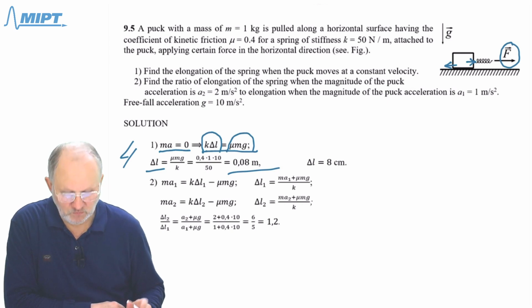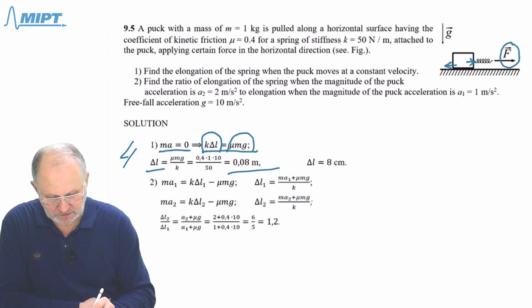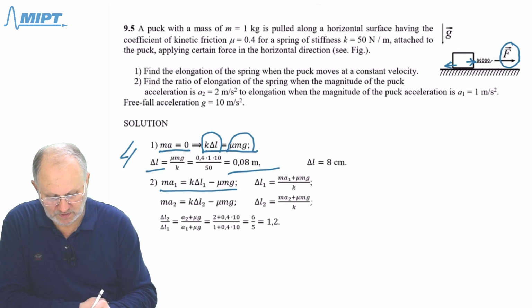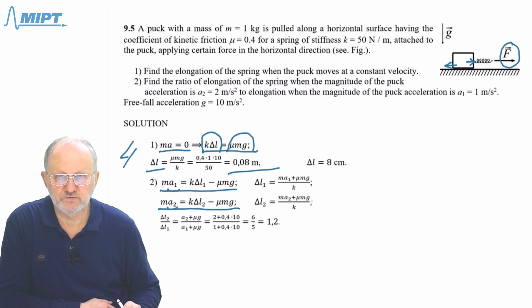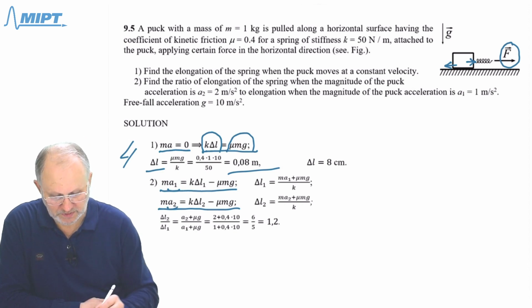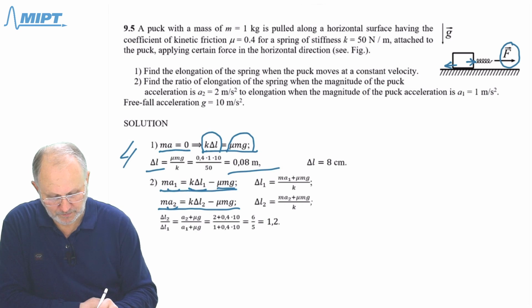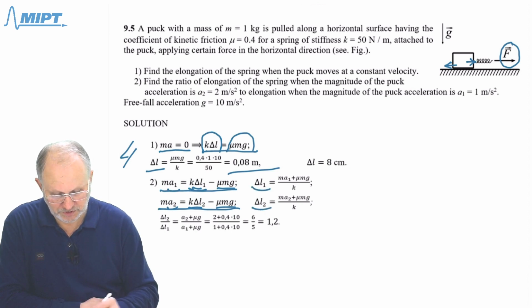In order to solve this problem, we have to use the second law of dynamics, second Newton's law, in case when the acceleration was a1, and also the second Newton's law when the acceleration was a2, in 2 different cases. Different acceleration means different forces acting on the puck. The force of friction is the same, but the force acting from the spring is different because the elongation of the spring is different. So we can find elongation from these equations, and the question is find the ratio of